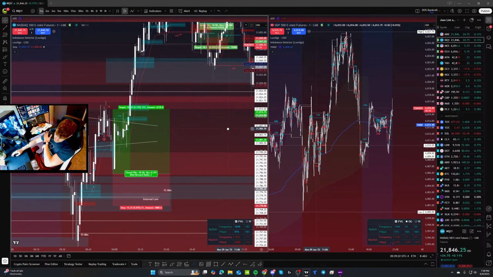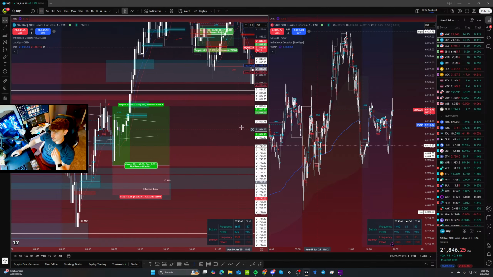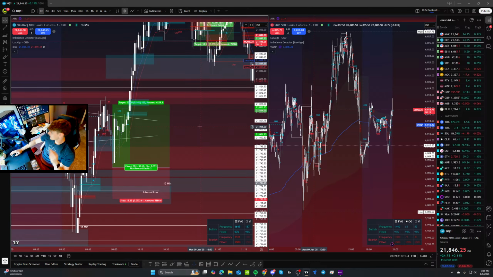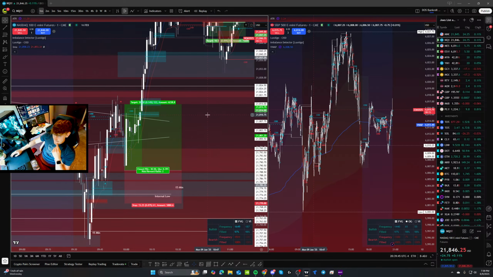Other than that, as far as this one goes, I should have just put the limit in. I had the limit set, then I took the limit off. I readjusted my risk. When I put it back, price had already touched my order. There's nothing I could really do about that. I just missed it. It was bad timing. In the future, hopefully I can make that little adjustment and get that limit in a little bit quicker. But I think that's pretty much it for today.